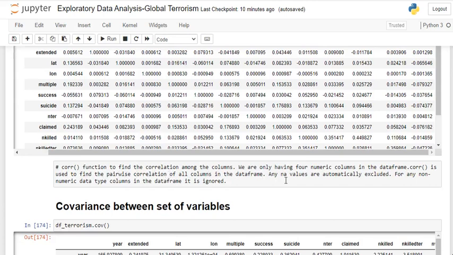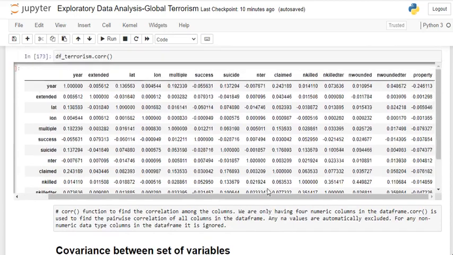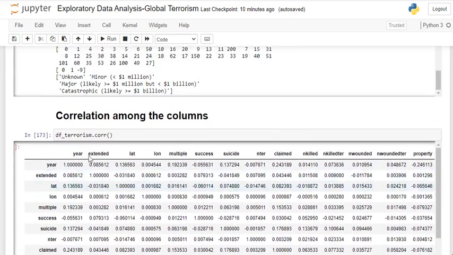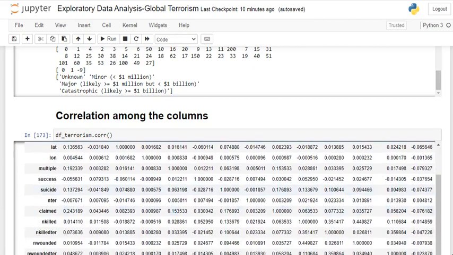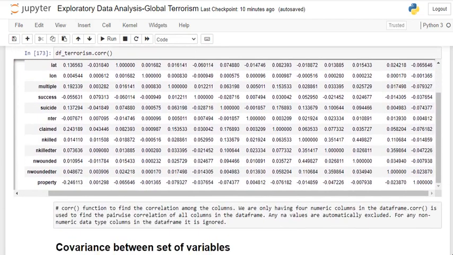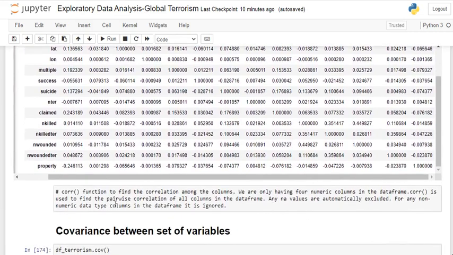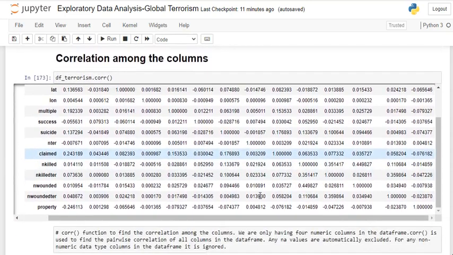We have some numerical columns and categorical columns in the data set, and it is used to find the pairwise correlation of all columns in the data frame, and any non-numerical data columns are automatically excluded. It is ignored. So it is the function used to establish the correlation between the